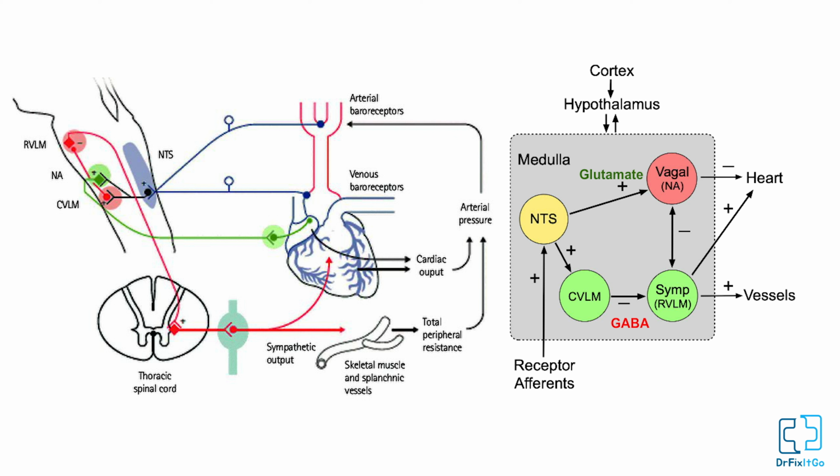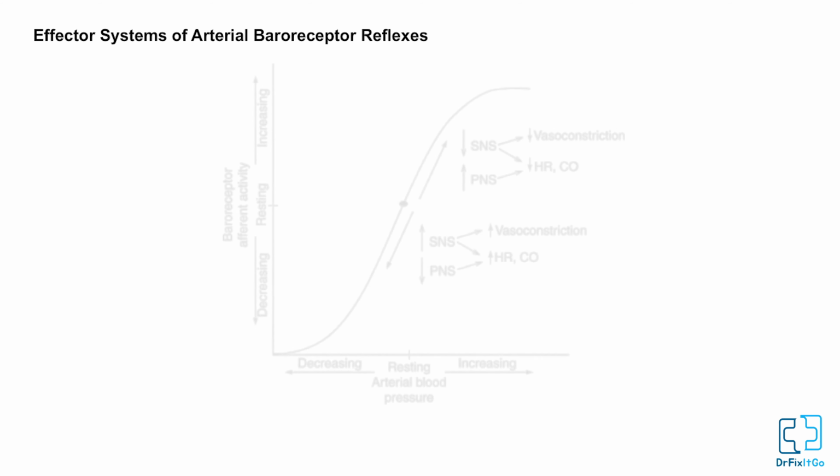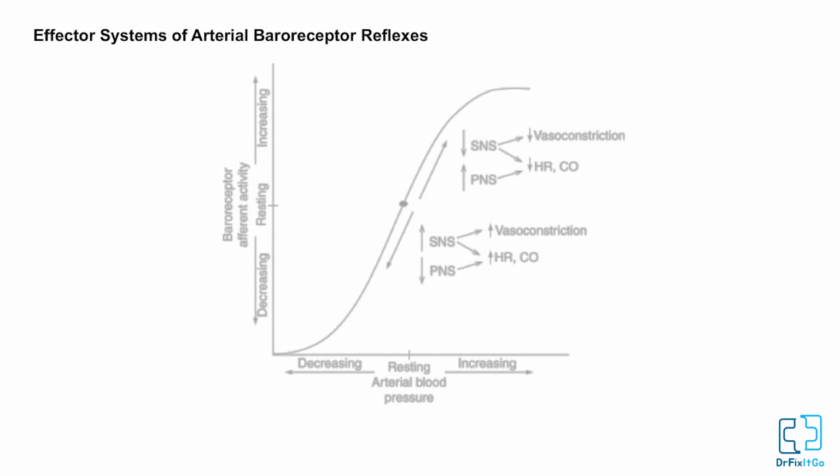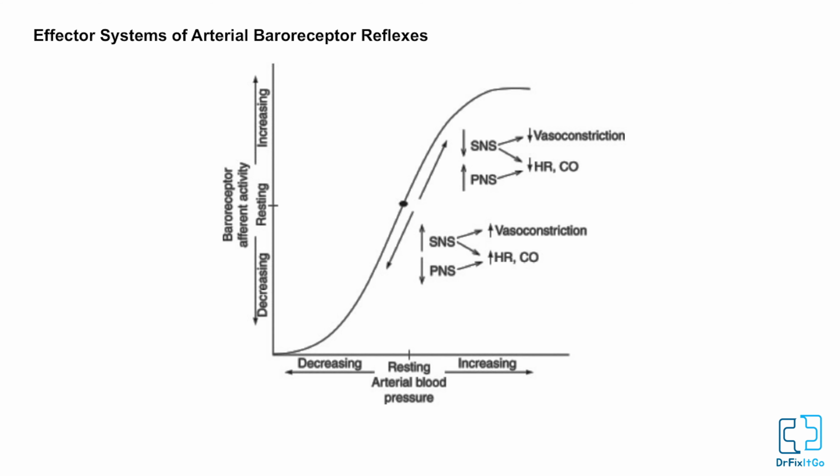Apart from the direct autonomic control of the heart and vasculature, afferent input from arterial baroreceptors also influences other brain inputs that are relevant to cardiovascular regulation. Effector systems of arterial baroreceptor reflexes. The arterial baroreceptor reflex refers to various physiological responses caused by changes in baroreceptor afferent activity. Although the baroreceptor reflex primarily implies the reflexive alteration in arterial blood pressure and heart rate due to changing autonomic outflow to the vasculature and heart,